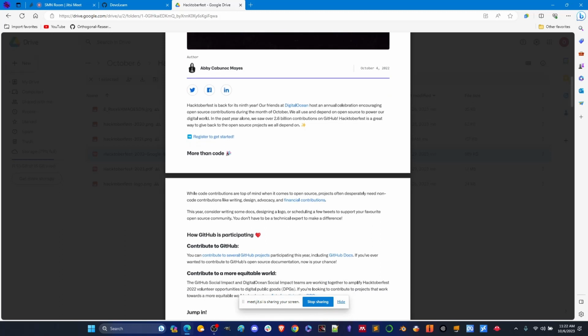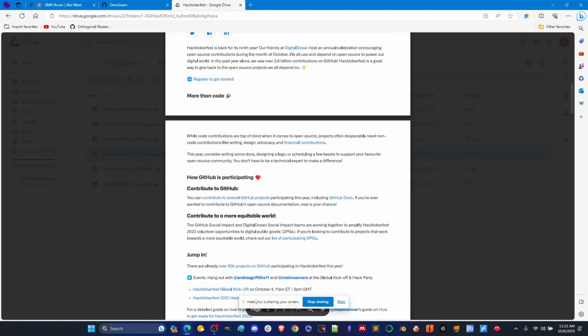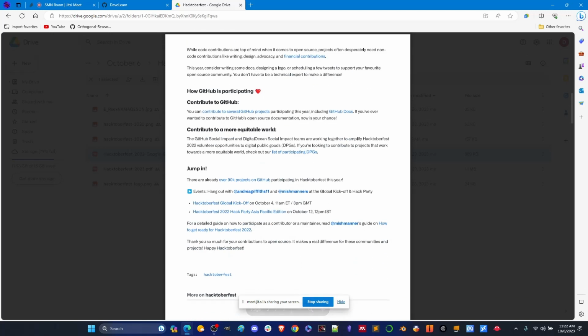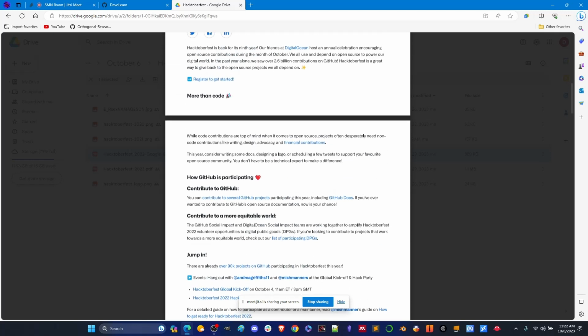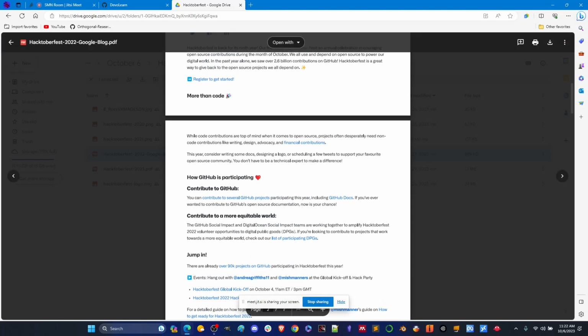So in the past year, there's been 2.6 billion contributions on GitHub. So this is quite a big program. They've already had their global kickoff for this year, and our organization is participating. We're a little late, but you can go to our